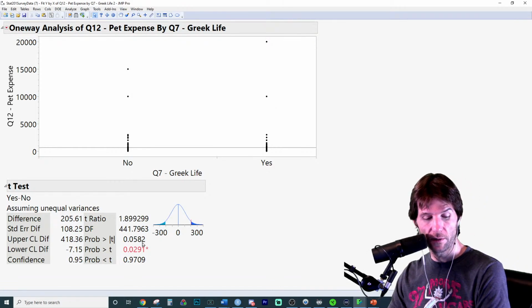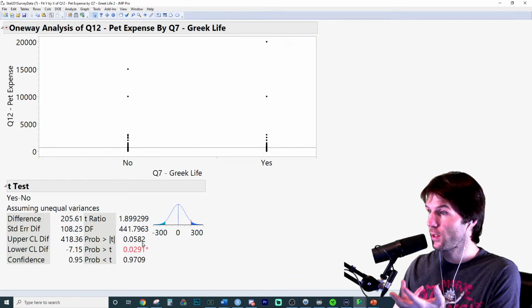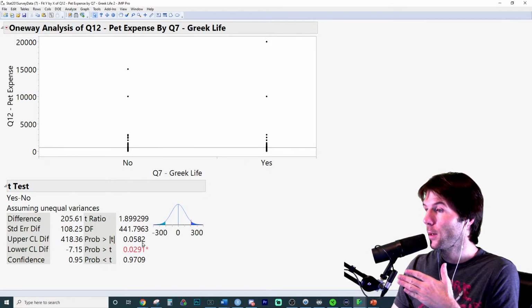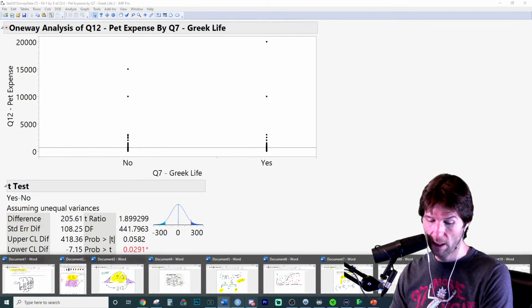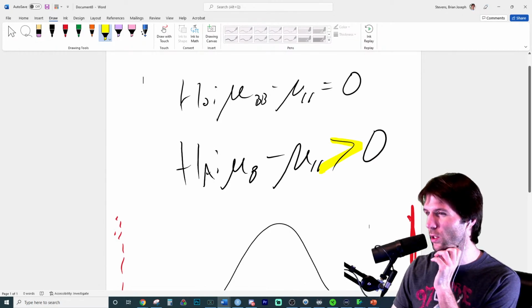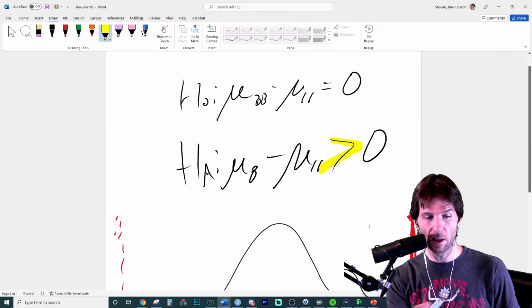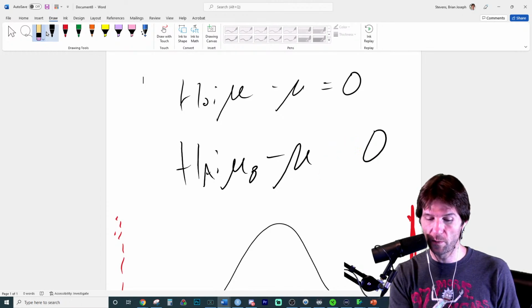Why do we not reject the value of 0? The p-value is above 0.05. Remember, the p-value is showing us how probable our results are by random chance given the null is true. The null for the 2-sample t-test is that there is no difference between the two means. We were doing a different test here just a moment ago, and we're also doing a does not equals right now. So really, every time we do this, it's really just mean 1 versus mean 2.